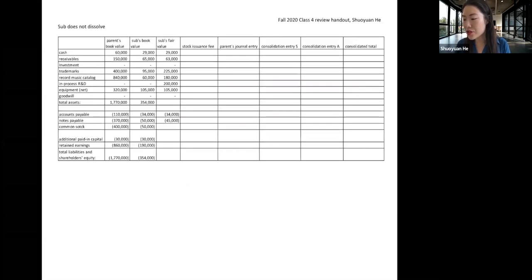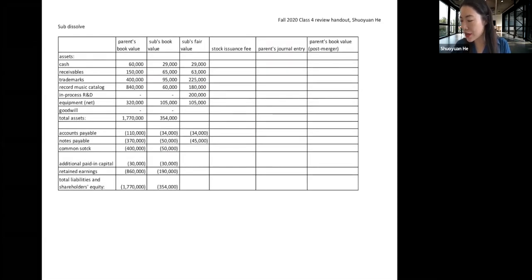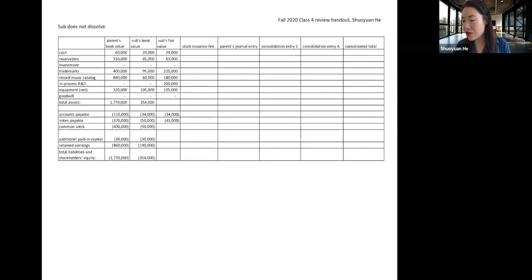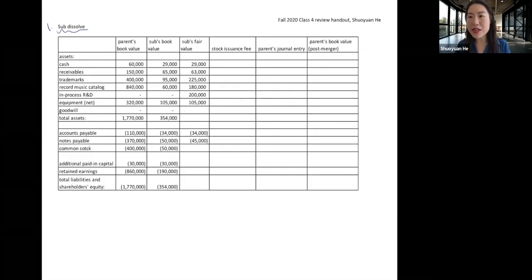So this handout has 2 pages. The first page is the situation that the subsidiary dissolved. So in other words, the subsidiary no longer exists after the acquisition. And the second page is the situation the subsidiary does not dissolve. So let's look at the first situation first. In the situation that the subsidiary dissolves,